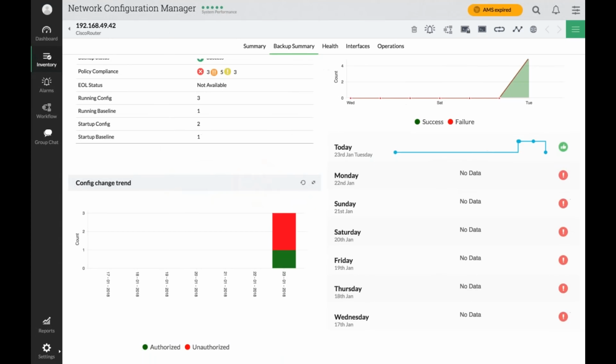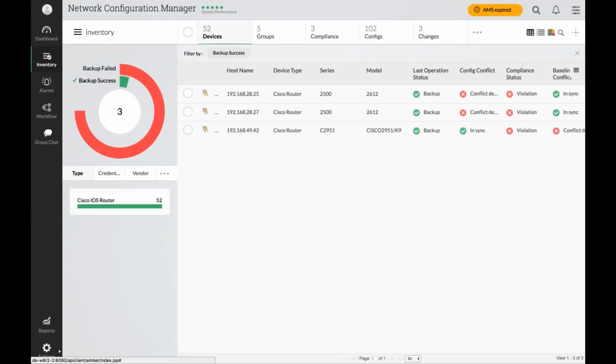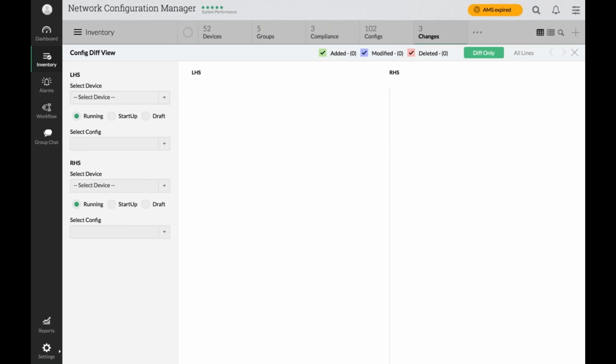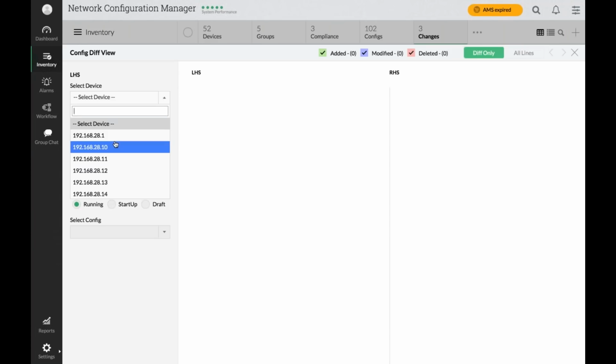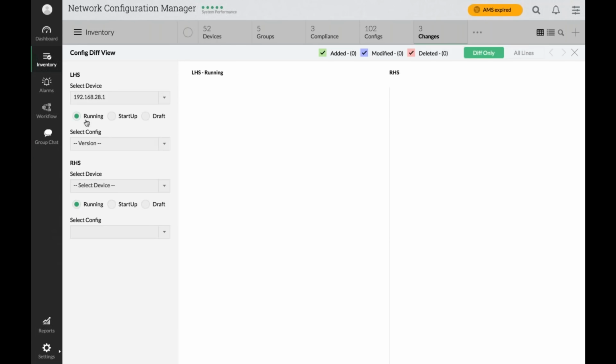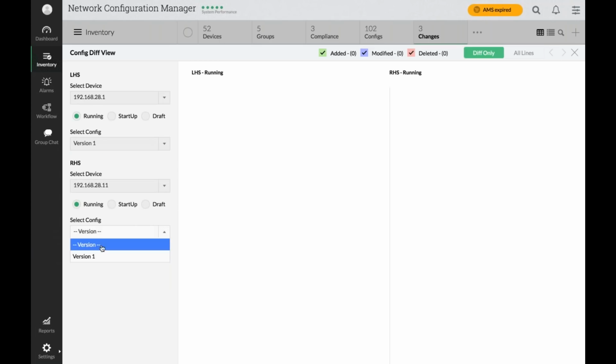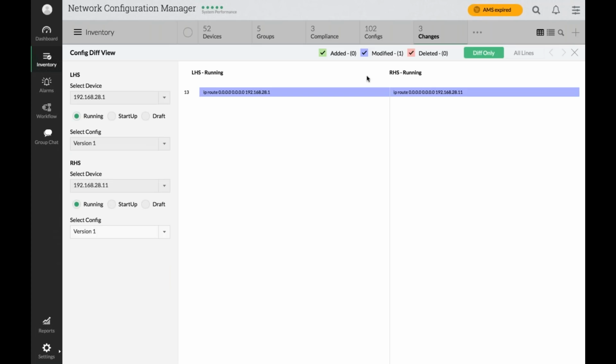Let us see where this is done. In inventory, in the changes tab, here you have the diff view tool. Here you can select any device and you can choose either the running or the startup configuration, and check for the changes.